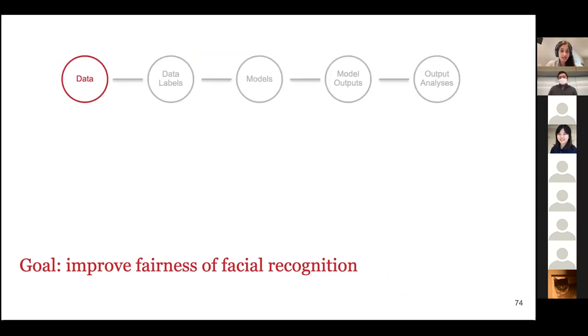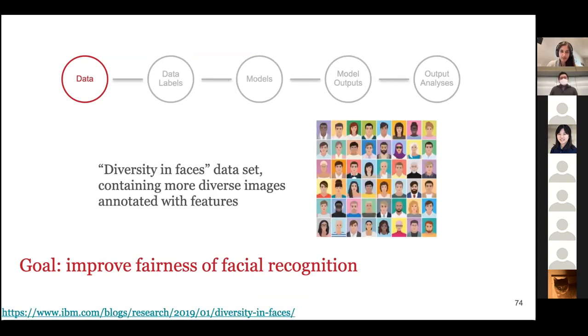And so this led to follow-up work specifically focused on improving the diversity in the data used to train these models. So the concept was these models work worse on people with darker skin because we don't train them on the right training data. Our training data is not representative of the actual population. So we need more diverse training data for this model. And this led a group of researchers to collect a data set that they call Diversity in Faces.